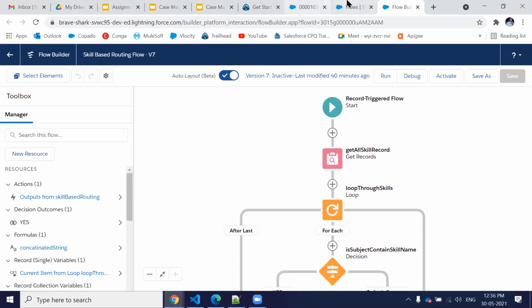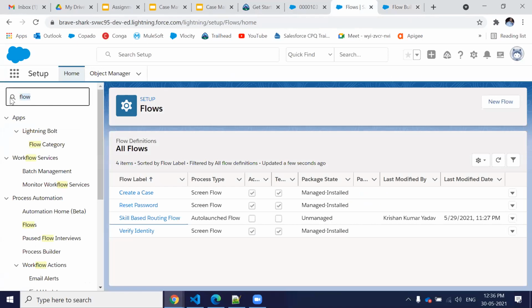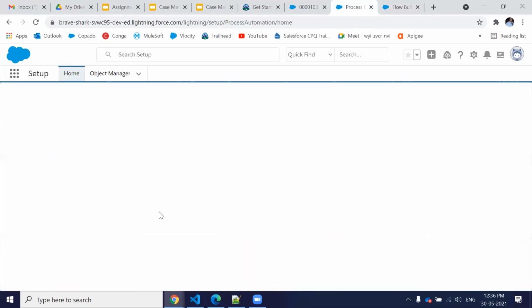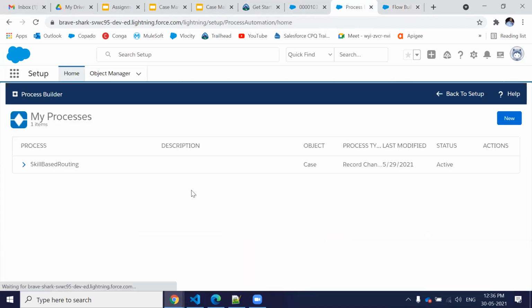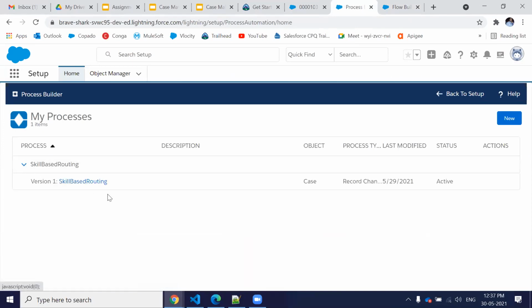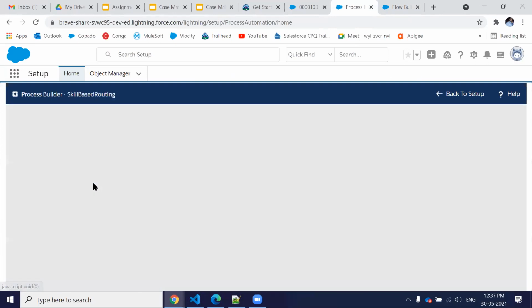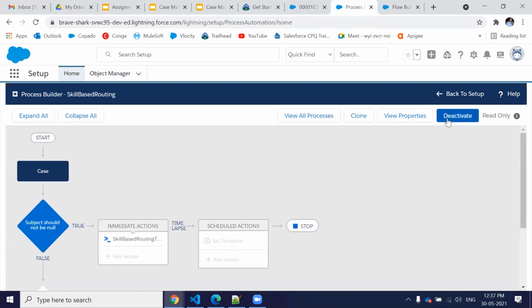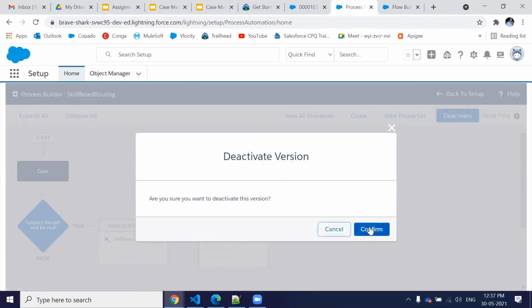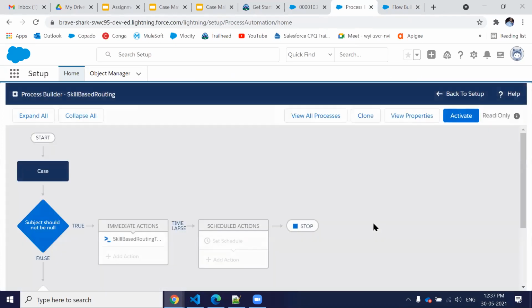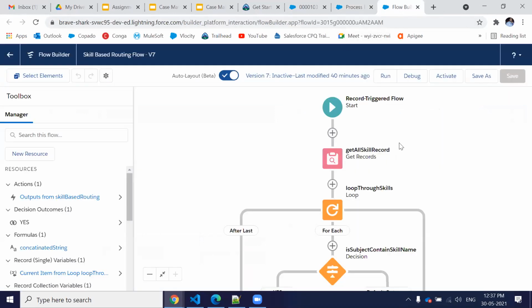So before that, let's just go to the process builder and make it inactive. Otherwise, if this thing fired, both would fire together, and then we will not see it. But it's not working. Maybe it will work later on. Not sure. So let me just deactivate it and let's work on the flow.